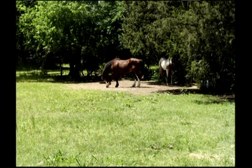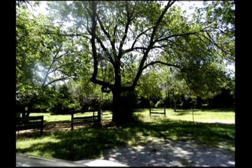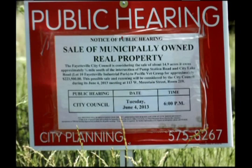Now the trail, the paved trail, will still be there, and I hope the low areas on either side, that's an old railroad bed, you know, and I hope that the trees on either side of the trail will remain. Well, the city actually agreed to sell this on the 4th of June, the last city council meeting, and you can, of course,